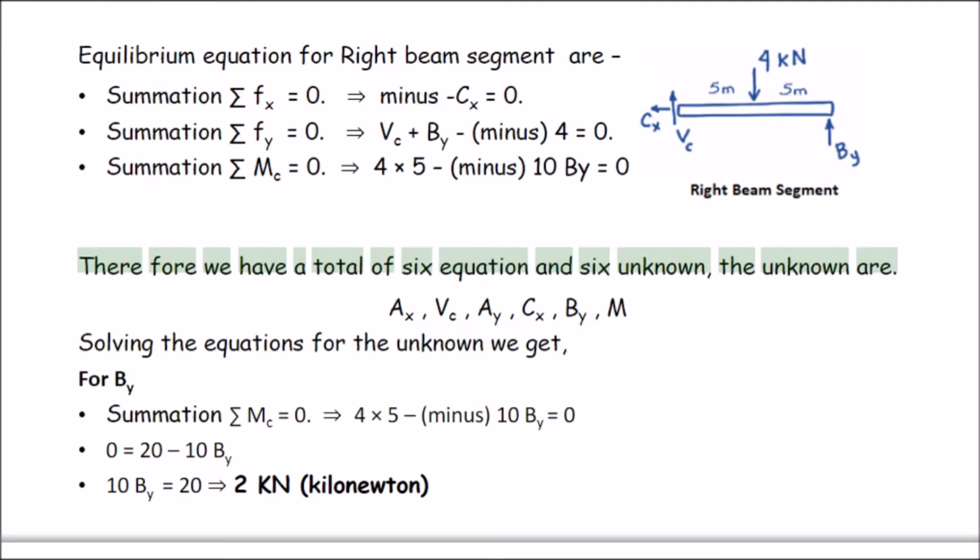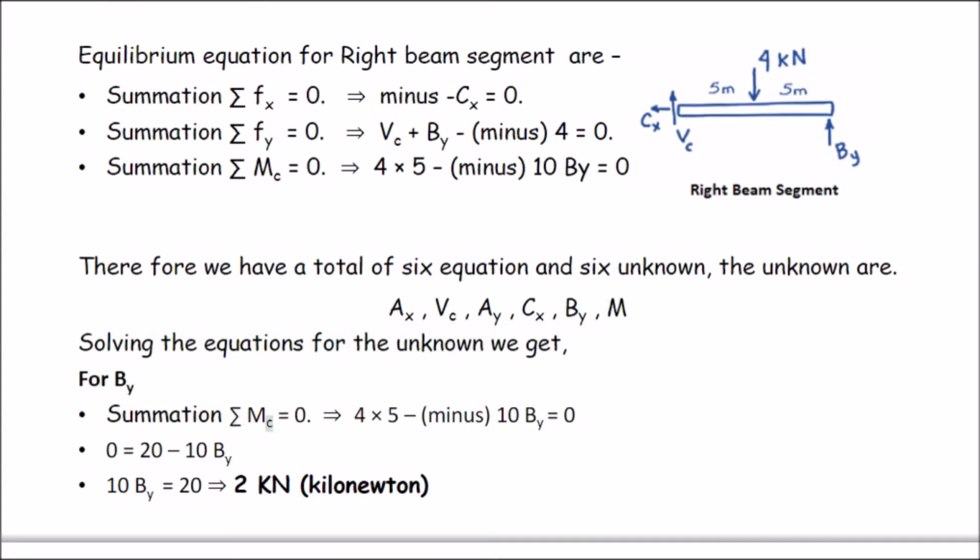The unknowns are Ax, Vc, Ay, Cx, By, and M. Solving the equations for the unknowns we get, for By: